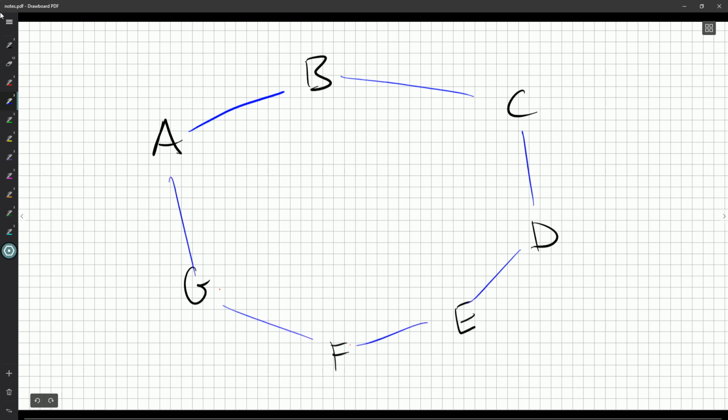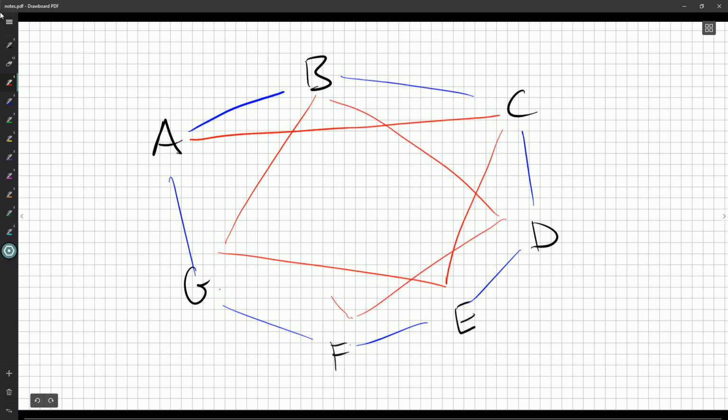And if you look at that, we've got a nice little heptagon, but A has 2 blues in and out. G and F have 2 blues in and out. Could we do the same thing with our reds? So we skip over the next one. And yeah, because it's 7, this technique would work. So what I like about this question is we could easily scale things up a bit. There we get back to A.